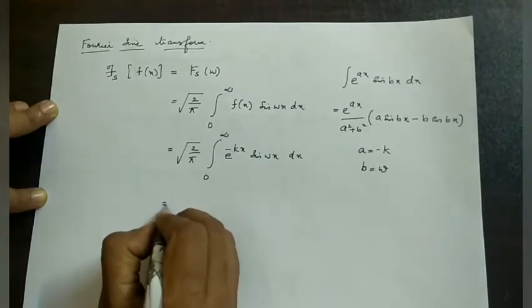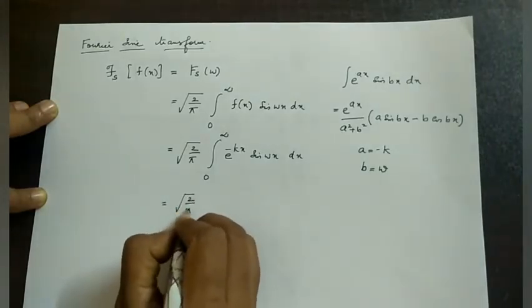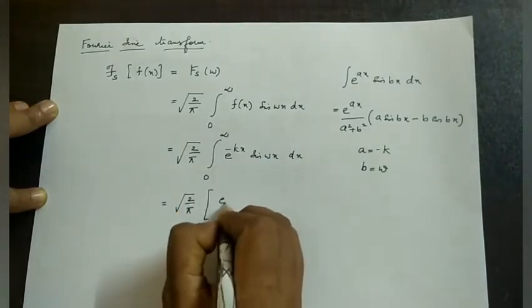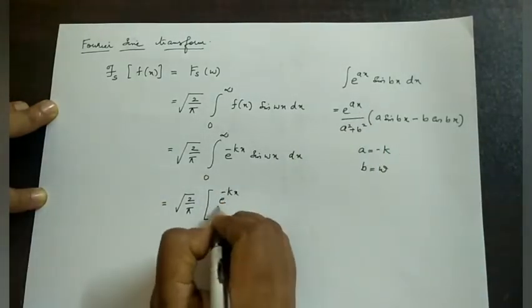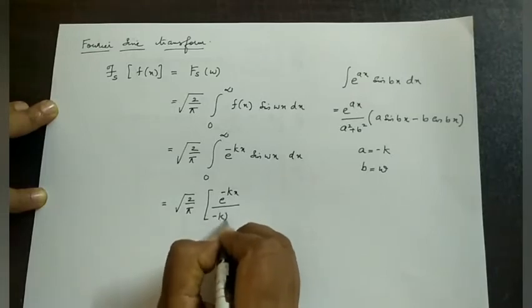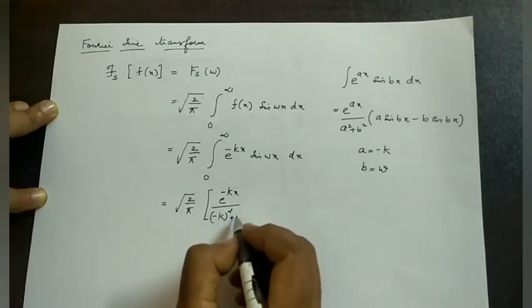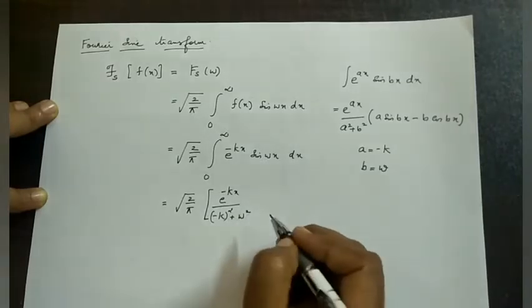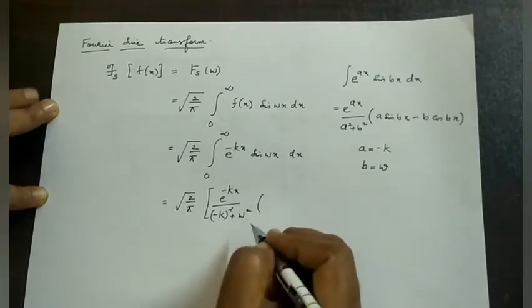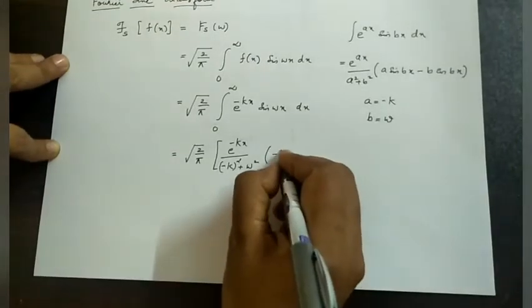So substituting the formula directly, we will get e raised to minus kx by minus k the whole square plus omega square, a means minus k,